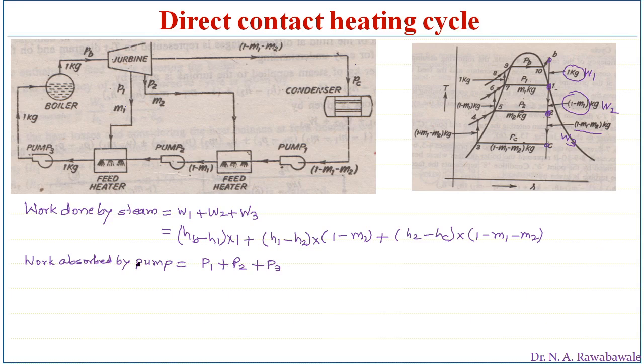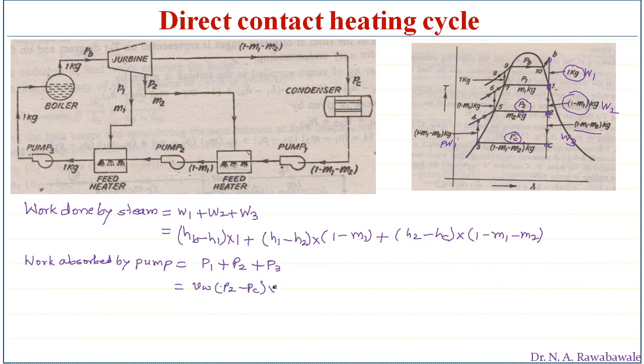So here pump work 1, we want to find out work done between 3 to 4. So this is pump work 1, we say PW1, pump work 1 between 3 to 4, VW is the specific volume, and this pump is going to increase pressure of condensate from PC to P2. So lower pressure is PC, higher pressure is P2. It increases pressure from PC to P2. So we can write it as P2 minus PC.